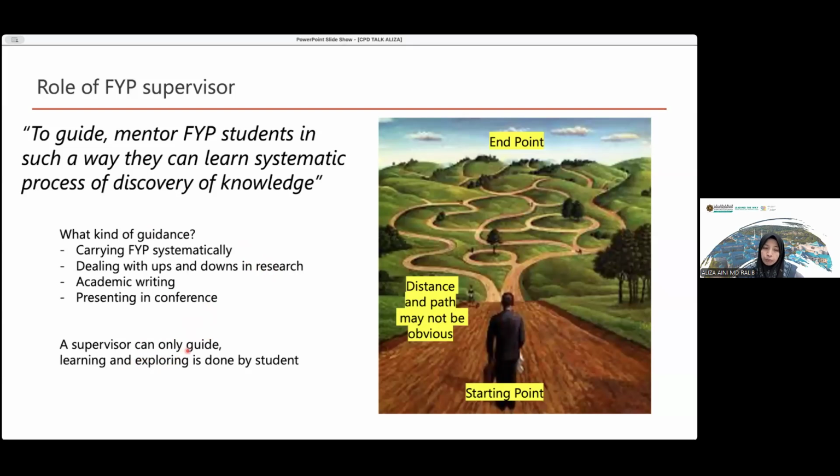So we need to motivate constantly and guide, so they can do better in how they do the literature, the academic writing, and how they present at a conference. I believe these are lifelong learning skills. Even if they don't want to further their studies, they can still use these skills when they work outside later. Okay.